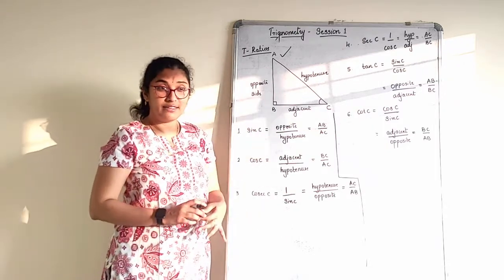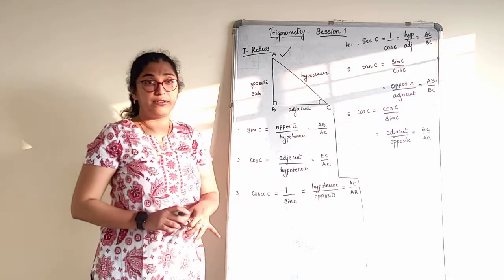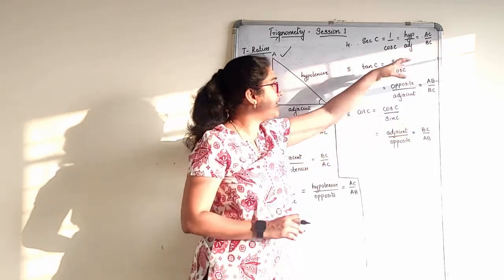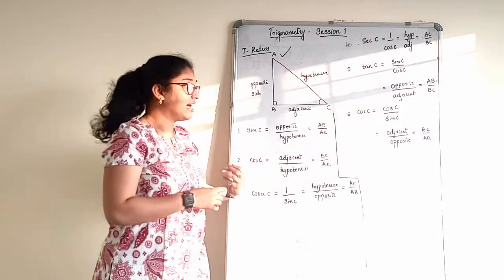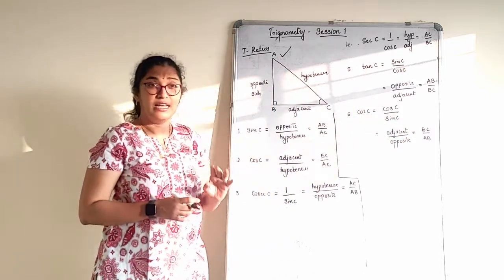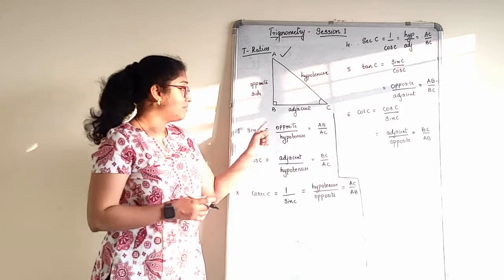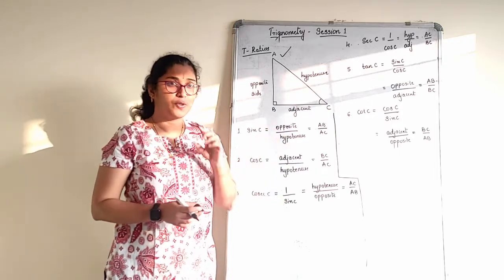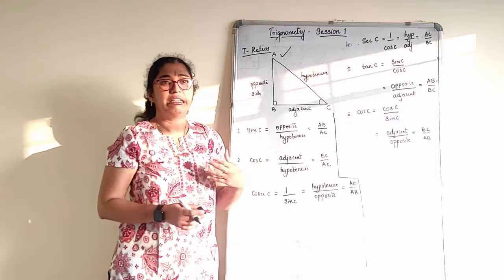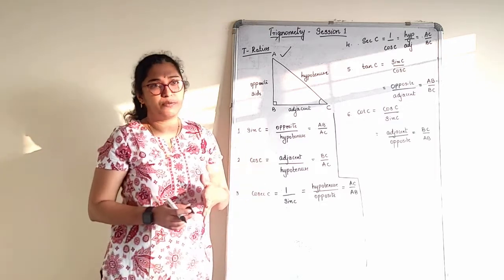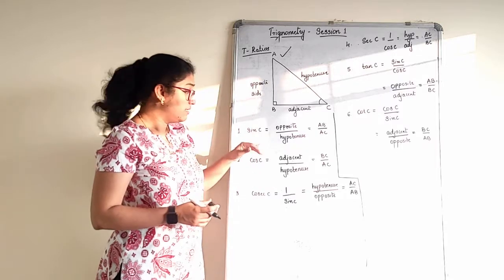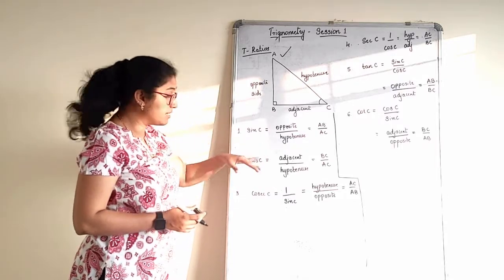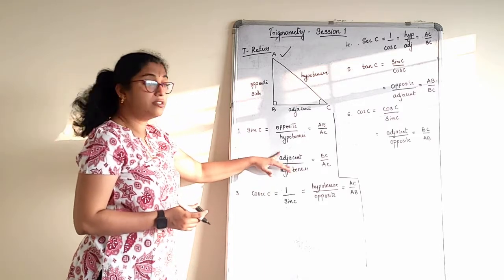Is this very clear? So these are the 6 trigonometric ratios that you have to remember. The main thing is not remembering BC by AB, AB by BC. No, that we write after we understand from our sides. Our main goal is to remember these ratios. How to remember? Remember the first one, opposite by hypotenuse. The next one will be adjacent by hypotenuse, cos. Next is the reciprocal of this, hypotenuse by opposite. The next is the reciprocal of this, hypotenuse by adjacent.